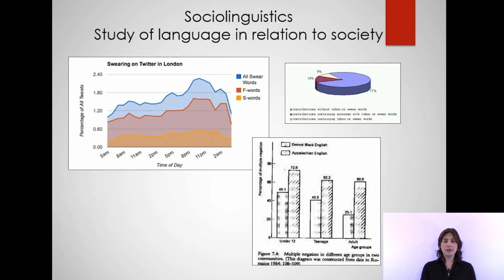Sociolinguistics is the study of language in relation to society. It studies how language varies between groups or communities, defined on the basis of non-linguistic terms, such as what socioeconomic class they belong to, what ethnicity or gender identity they claim, or where they are from. It can examine, for example, whether a certain syntactic feature occurs more often in the speech of people belonging to a certain social or ethnic group, or geographical dialect, or, like in the graph on the side, the distribution of swearing on Twitter during the different times in the day.